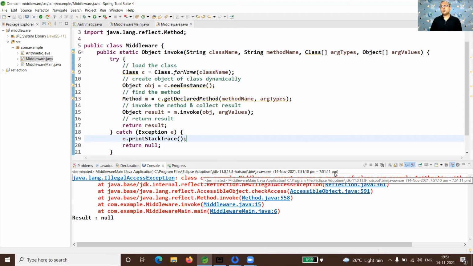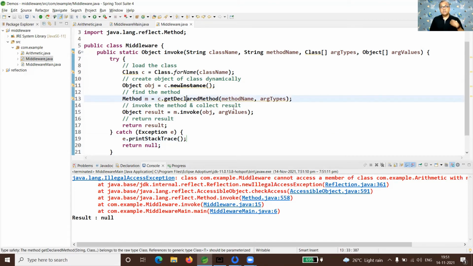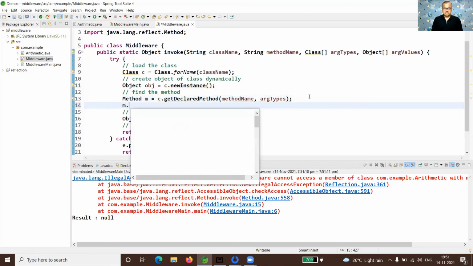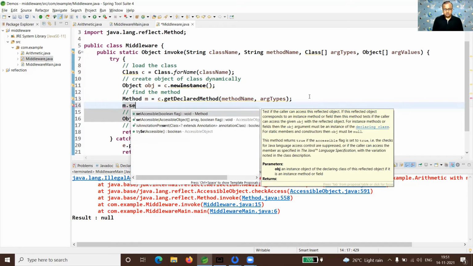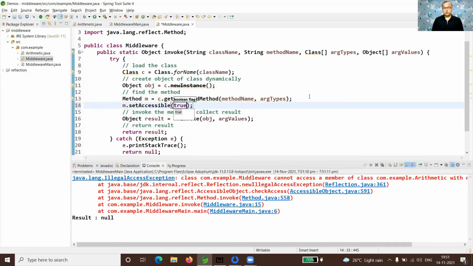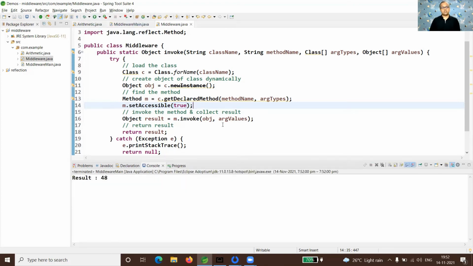But earlier in the introduction, I told you that you can call the private method on the class. How is it possible? Well, it is possible. You need to tell the JVM that I know I'm trying to call a private method, which is not so legal, but this is something I want to do. And yes, reflection will allow you to do that by writing setAccessible(true). Done. With setAccessible true, you run your application once again, and now you find that even private methods are accessible. Oh, that is great.